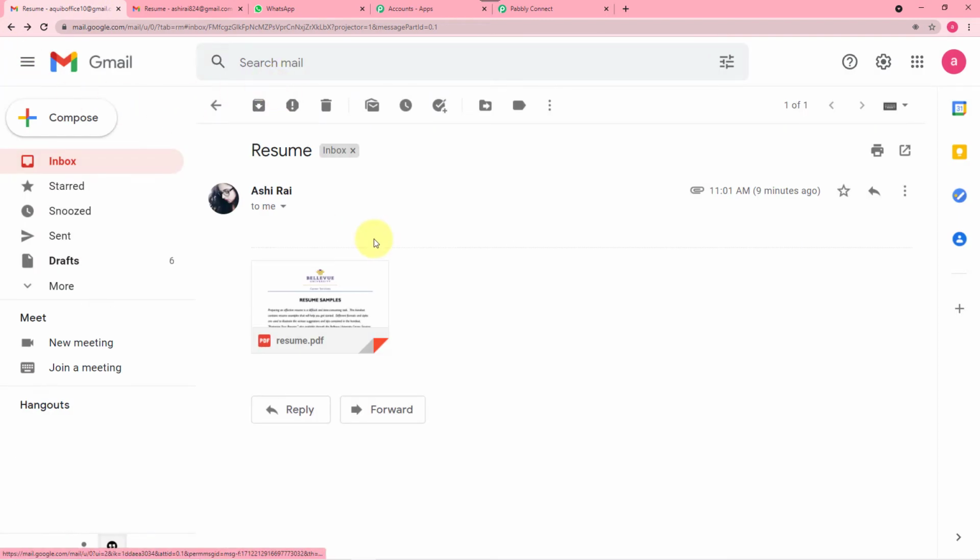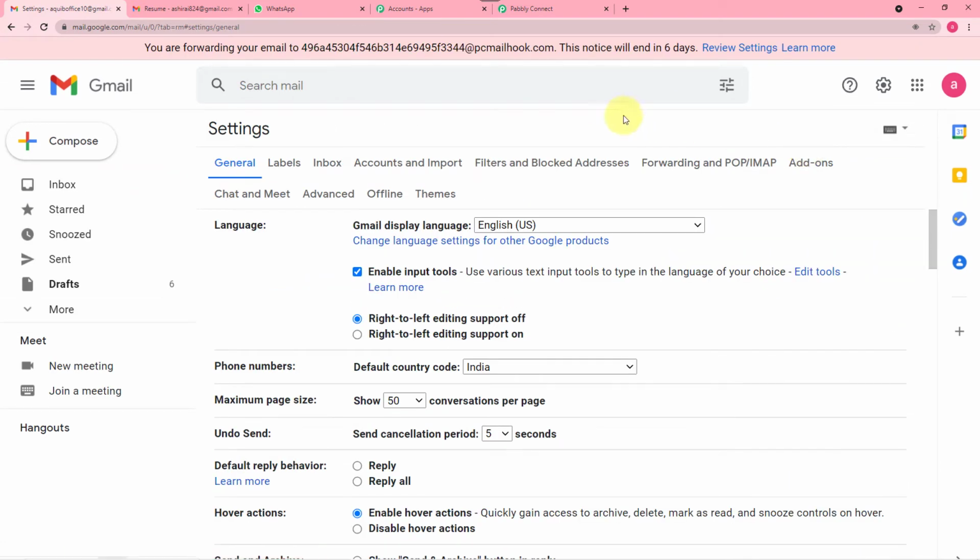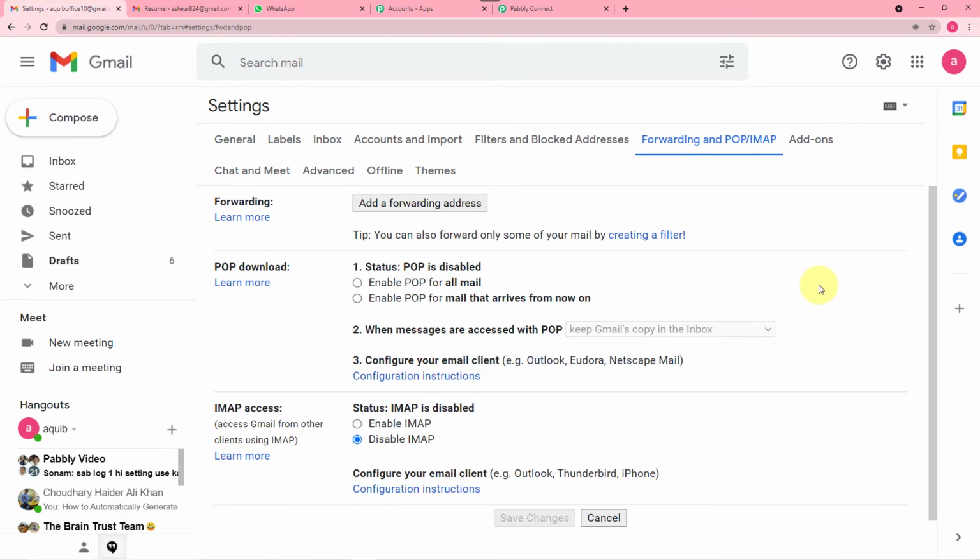So this is the email account. Here you have to click on the settings and click on see all settings. From these settings you have to click on the forwarding and POP/IMAP option. Click on it. In these forwarding and POP/IMAP settings, you will find this forwarding option.